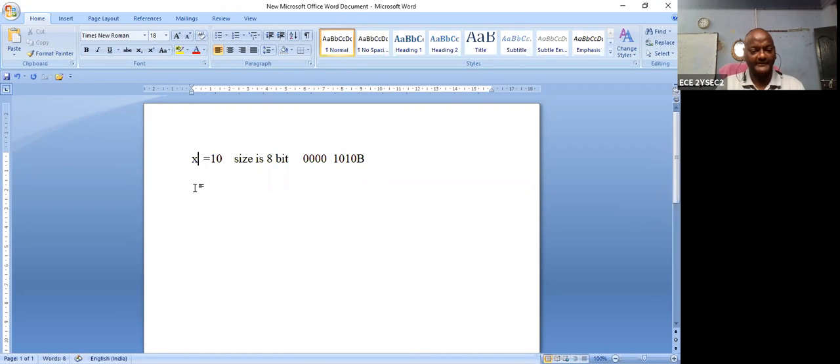Suppose, let us take, I want to shift to the left, an arithmetic shift. This is called an arithmetic left shift. Left shift means one bit is shifted to the left. I repeat, one bit is shifted to the left. So let us take this. What is the magnitude here? Is this positive or negative?